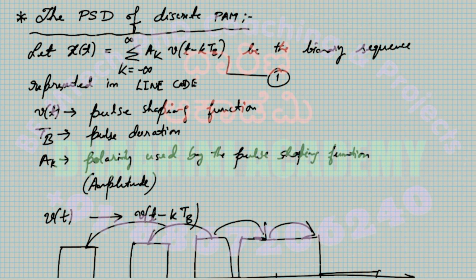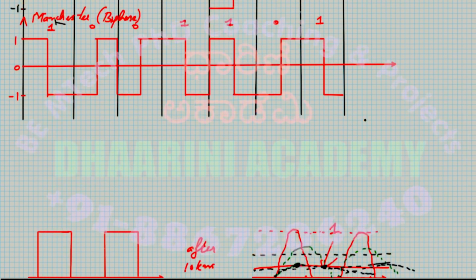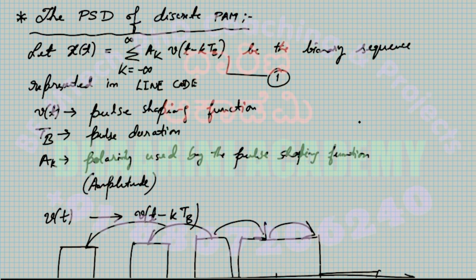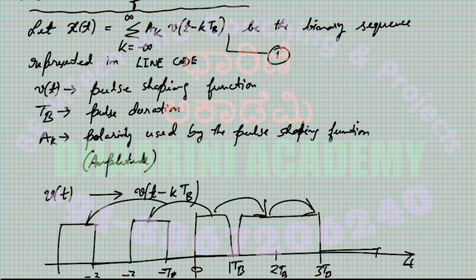We are going to consider the power spectral densities of the various types of waveforms we considered so far. First, let's look at what we mean by PSD and how to calculate it. Let's assume that I have any of these formats, and it is represented as x of t. So x of t is equal to,